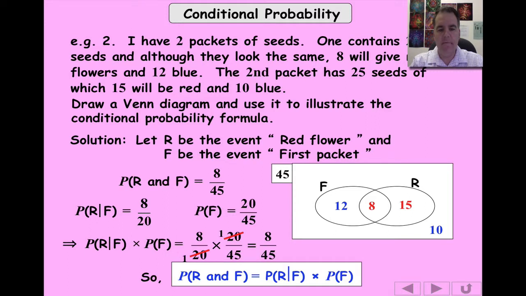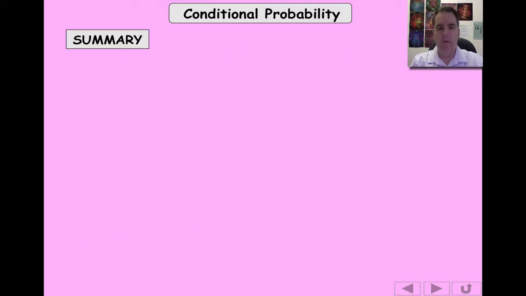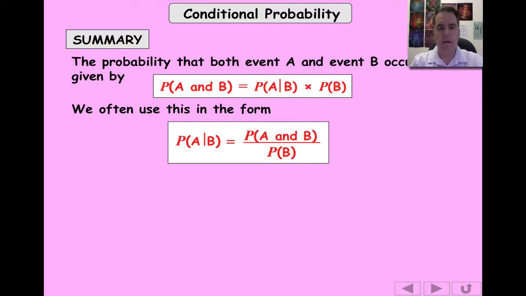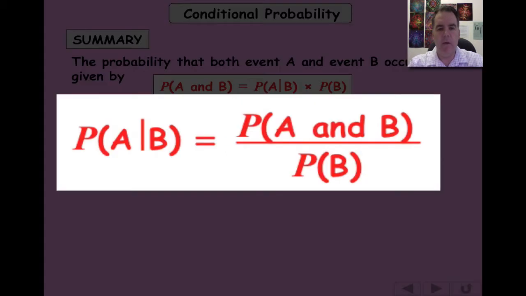Easy. Okay. So that is that example there showing you how you can use conditional probability applied to a Venn diagram. This formula in red is an important formula. It's just a rearrangement of that top one. The probability of A given B happening is the probability of A and B happening divided by the probability of